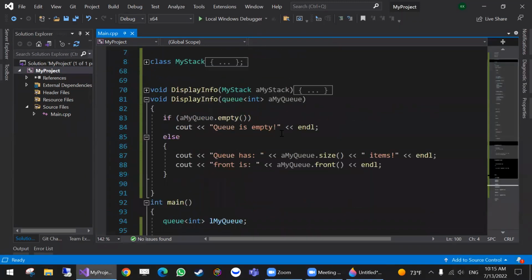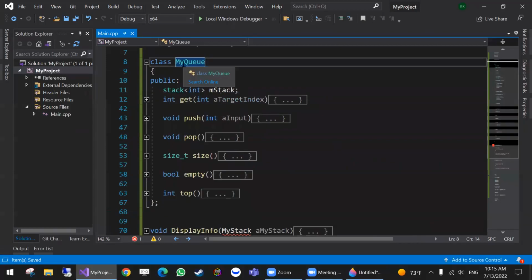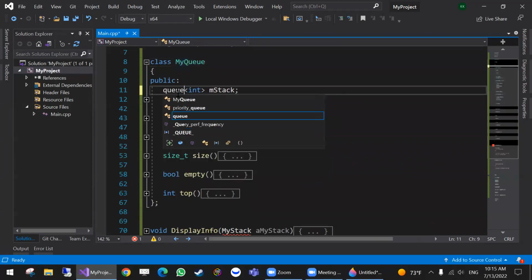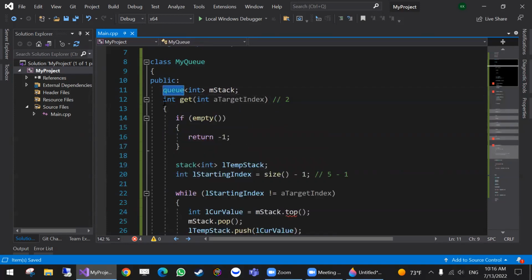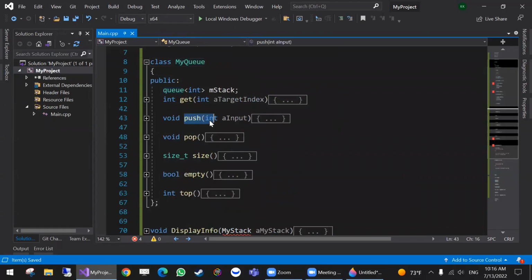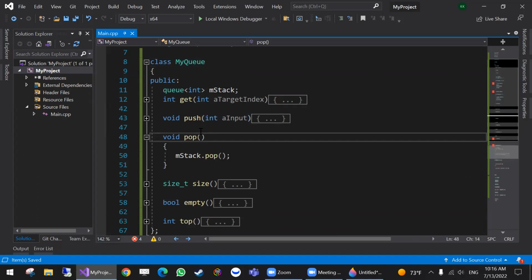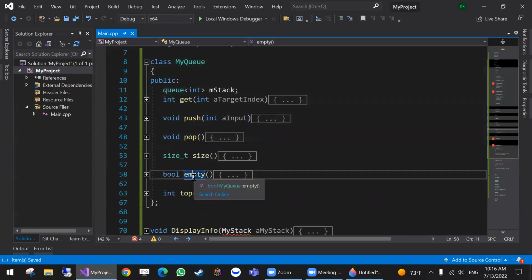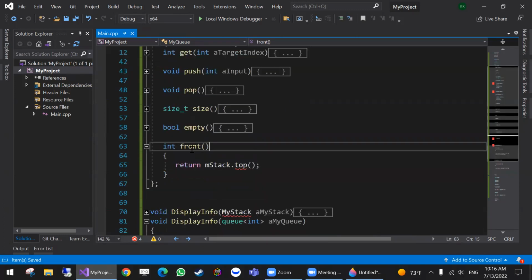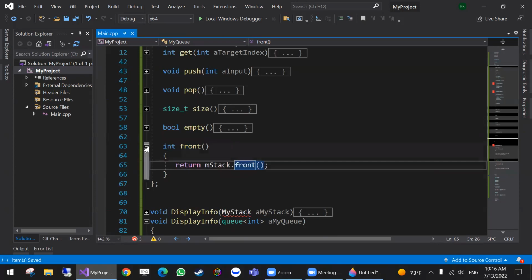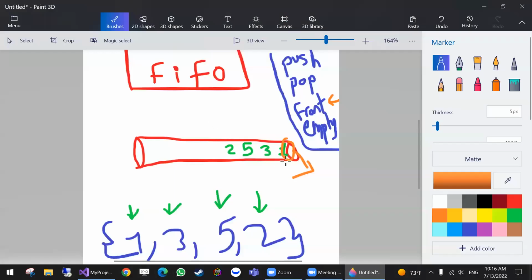Now I can do the same like this. So I'm gonna call this my queue. And I'm gonna say this uses queue. Now queue, let's resolve these. So this push is the same, pop is the same, size is the same, empty is the same. Instead of top, I have front. And in front, I have front. Now with get,